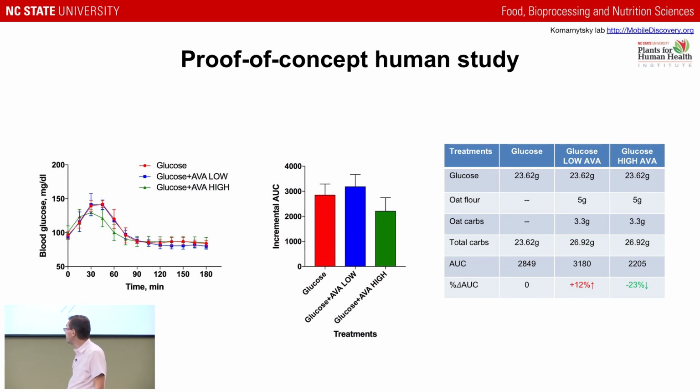However, if you challenge these people with the same glucose and oat flour which is high in avenanthramides, so you're putting the additional carbs from the oat flour into the system, a very peculiar thing happens. The glucose doesn't peak as high, and it returns to baseline faster. So the area under the curve itself is smaller. It's about 23% smaller, right? So it tells you again that if the oat flour is naturally saturated with the compounds which have bitter taste,